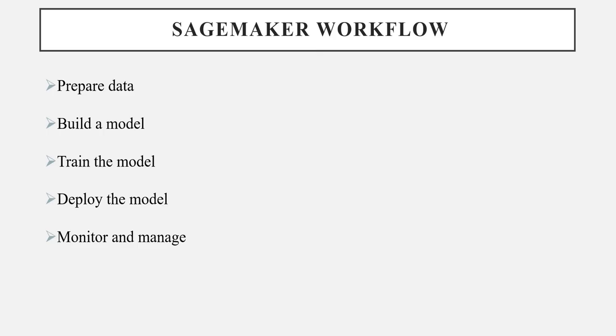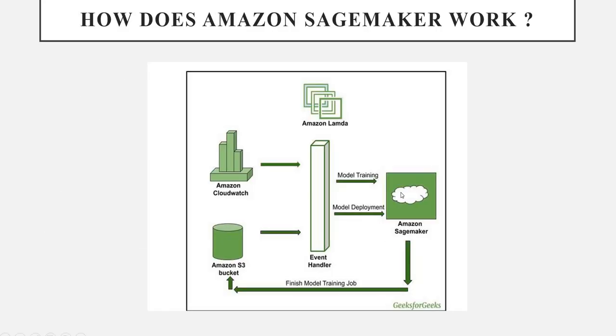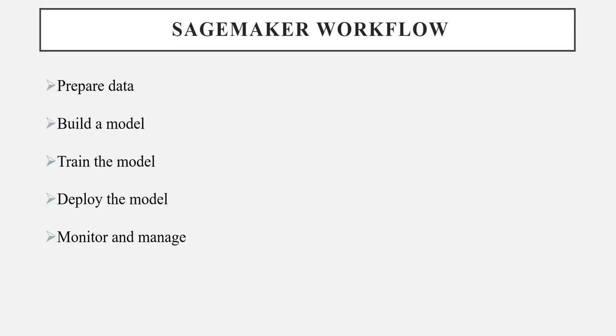The next is train the model, right? You can begin training your model with a single click in the Amazon SageMaker console. So here we can see model training. We train the model in Amazon SageMaker using a single click in the console, and SageMaker manages all the underlying infrastructure for you,